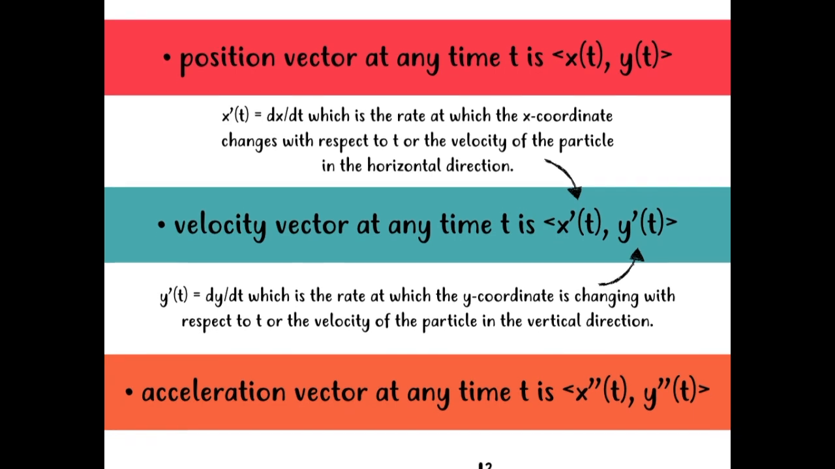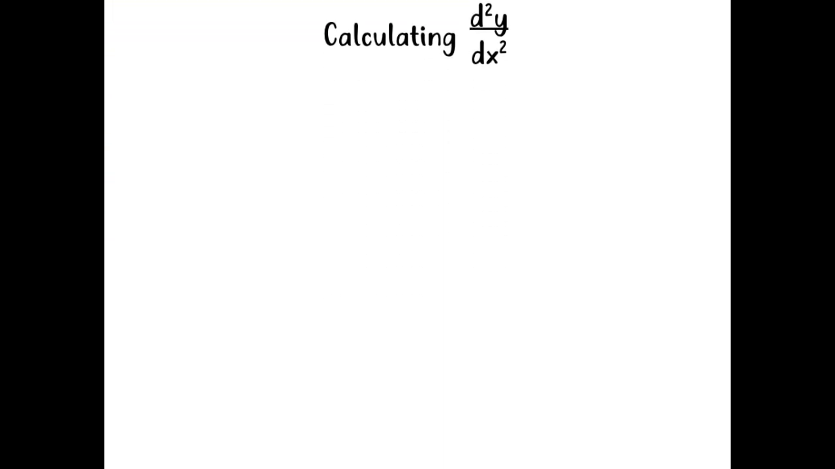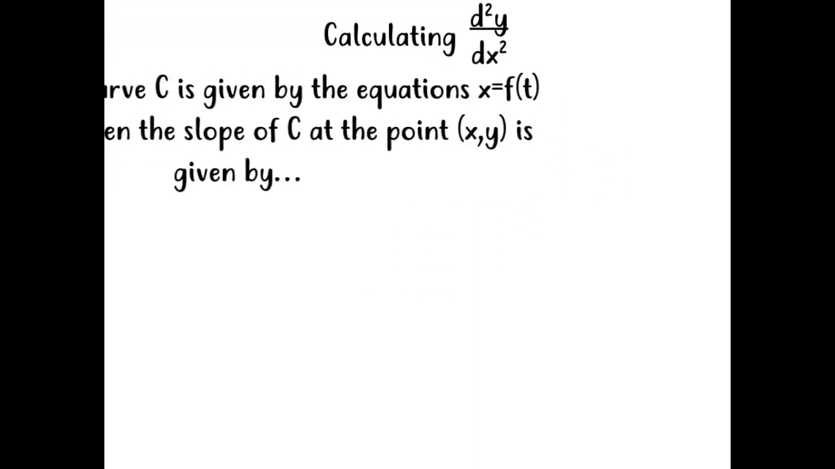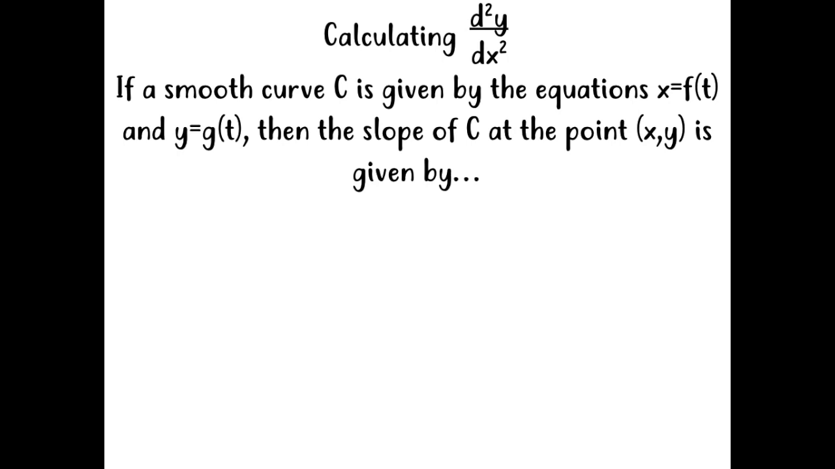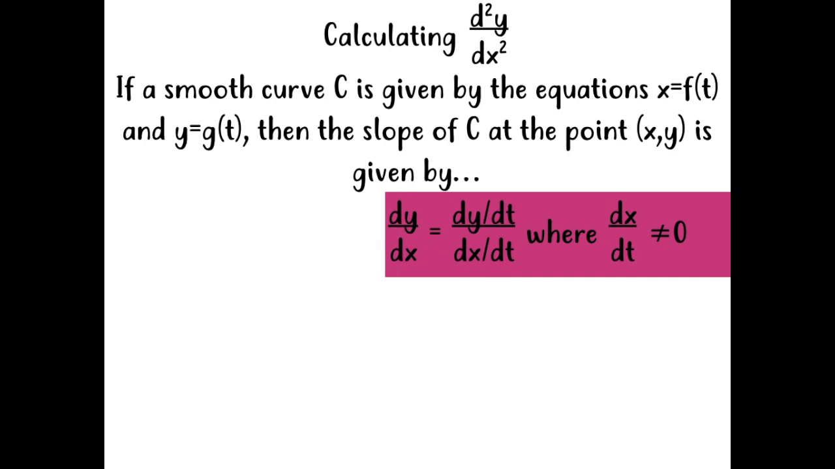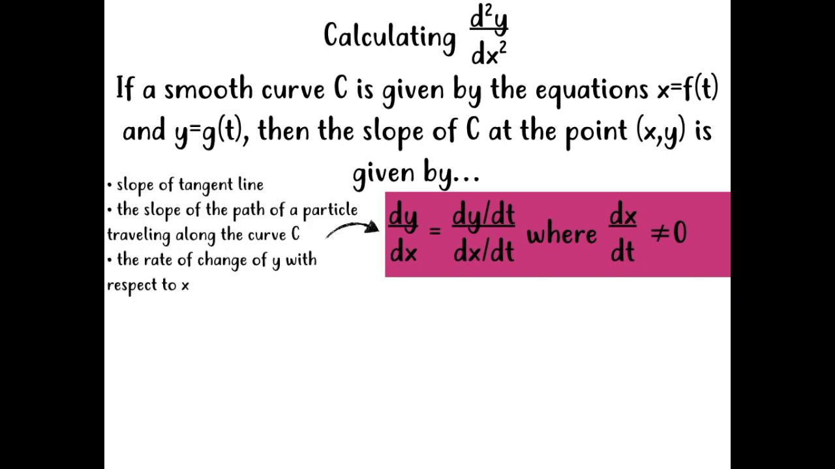We can also calculate the second derivative with respect to x. If the smooth curve C is given by the equations x equals f of t and y equals g of t, then the slope of the C at the point (x, y) is given by the following. We have dy/dx equals dy/dt over dx/dt, where dx/dt is not equal to 0. This is the slope of the tangent line, the slope of the path of the particle traveling along the curve